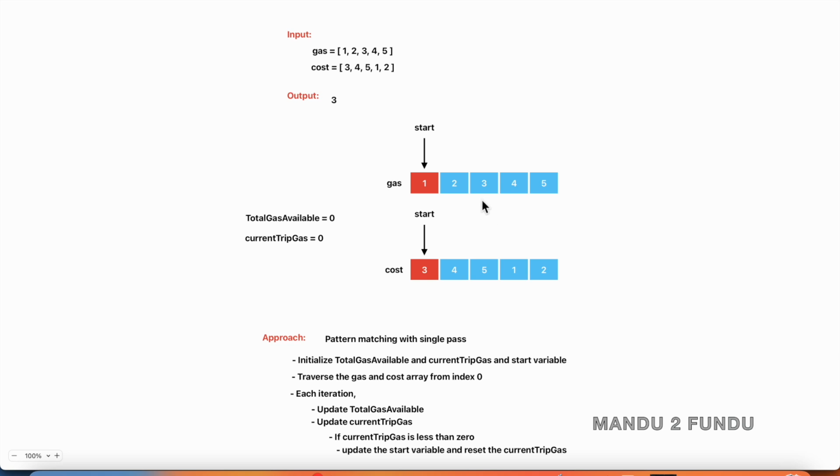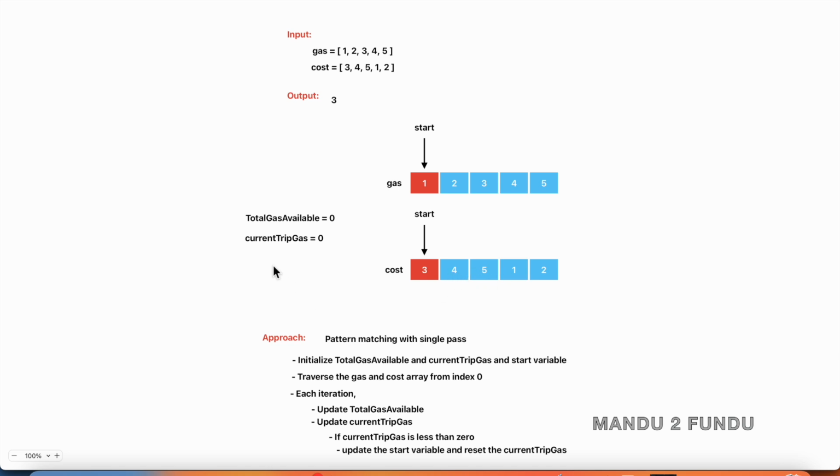For example, if we start at index 2, the current trip gas variable contains the available gas starting from this entry, not from the beginning. The total gas available variable contains the gas available with all the entries starting from index 0. We traverse the array and find the difference between these corresponding entries, and whichever entry the value is greater than or equal to 0, we mark that as a starting point for the circular traversal, and then we keep traversing